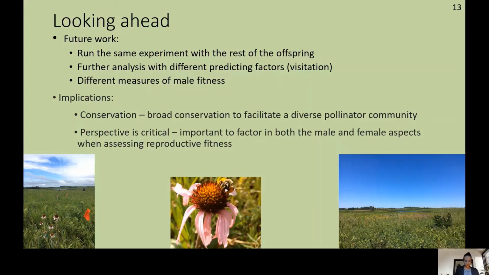I did this research as part of the Echinacea Project, which uses Echinacea angustifolia as a model organism for prairie conservation of plants. So the results here show that we need to broadly conserve the pollinator community, and help facilitate a diverse pollinator community in order to help Echinacea be most successful. Though the results here showed that the SBBs had the greatest impact on male fitness, previous studies have shown that Andrena had the greatest impact on female fitness. Therefore, we need to conserve both these species in order to help boost reproductive fitness as a whole for Echinacea.